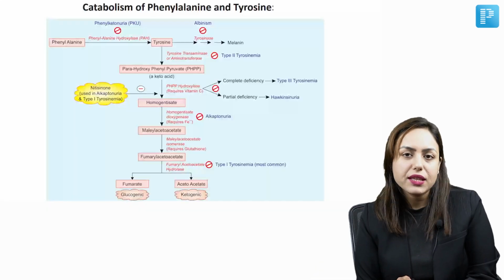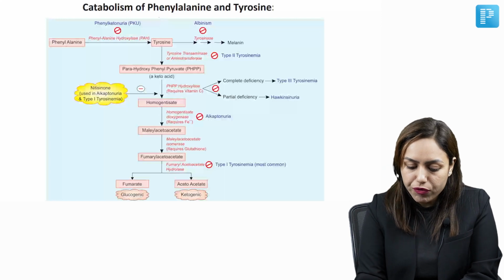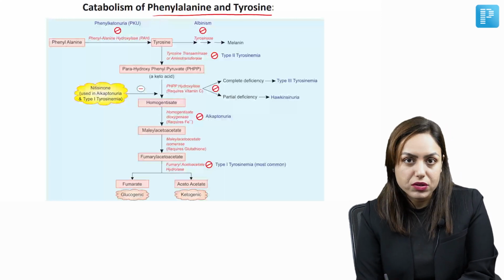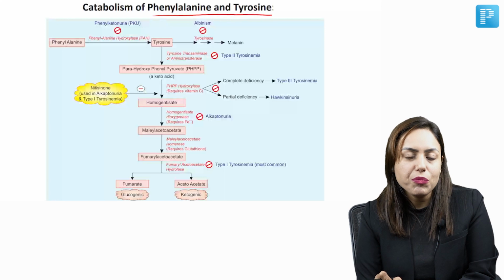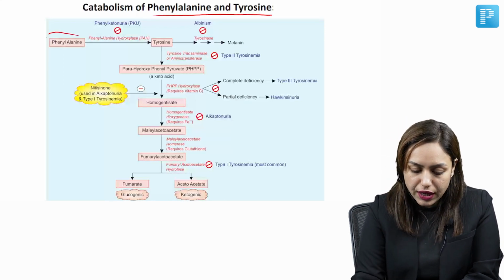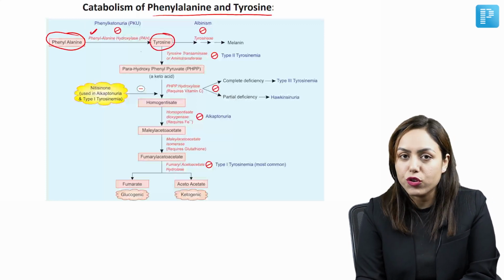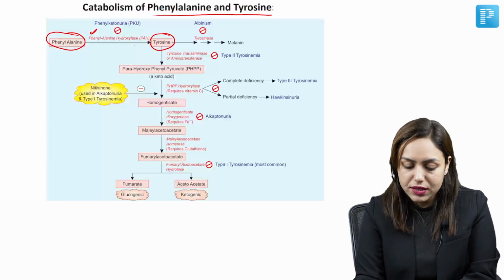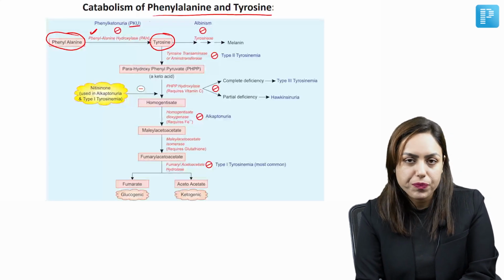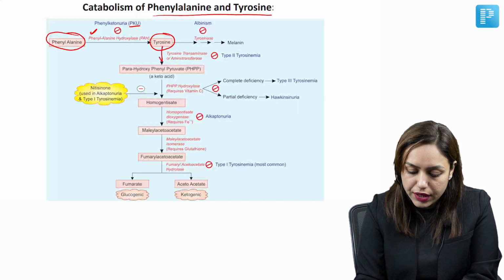So you have seen this case of Alkaptonuria. Let's do the catabolism of phenylalanine and tyrosine pathway where this enzyme is involved. Okay. So let's start. Phenylalanine gets converted to tyrosine. We all know the enzyme is phenylalanine hydroxylase, and defect in this enzyme is phenylketonuria. Okay. Then tyrosine gets converted to